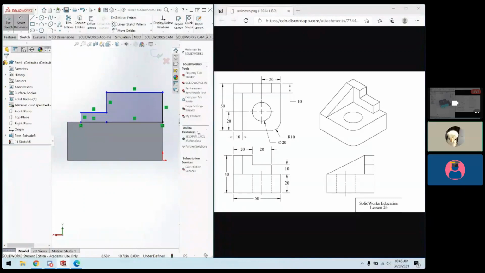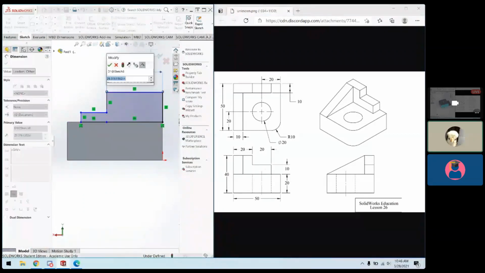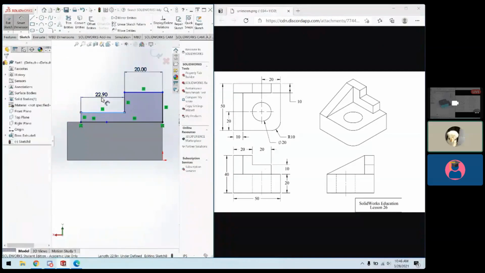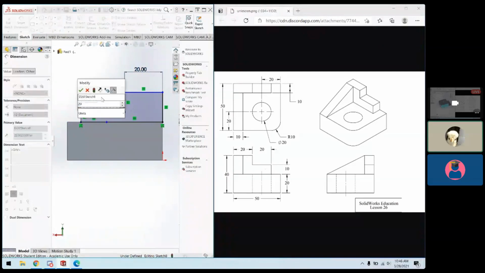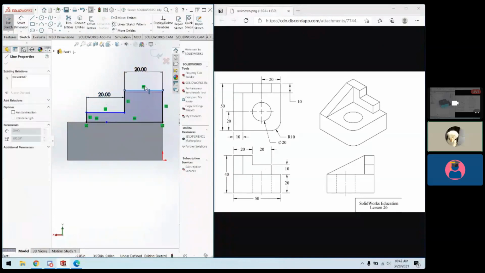If we look at the dimensioning, we can see that this length is 20 and then this length is 20. So we can click here, click again, give it a dimension, smart dimensions, click this line, and give this line a dimension of 20. Now we have the top two dimensions done, and we can still see that there's some blue lines left. If you just drag it, you can see that we can move it up and down. So that means that we have to give a dimension